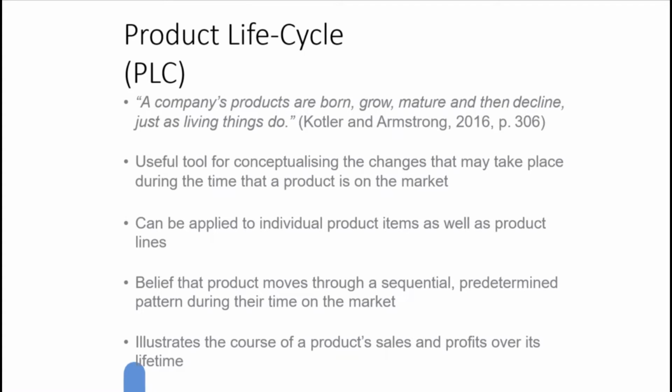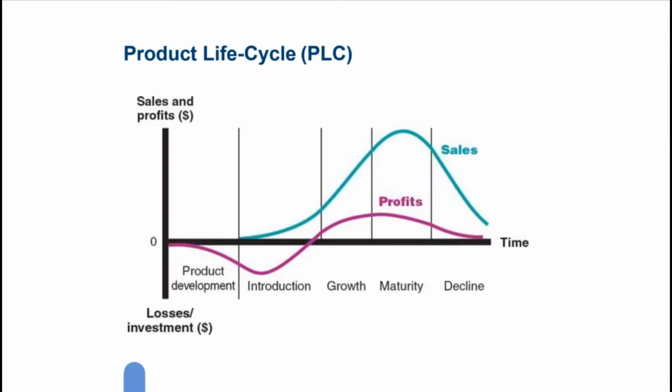So product life cycle. As humans or any kind of living creature in the world have their own life cycles, any kind of product also has its life cycle, and this cycle consists of development, growth, maturity, and decline. So here is the illustration of those 5 steps of the product life cycle: development, introduction, growth, maturity, and decline. So the development stage